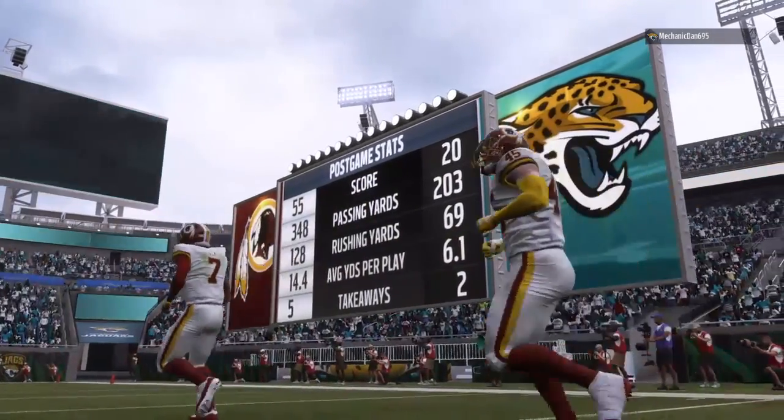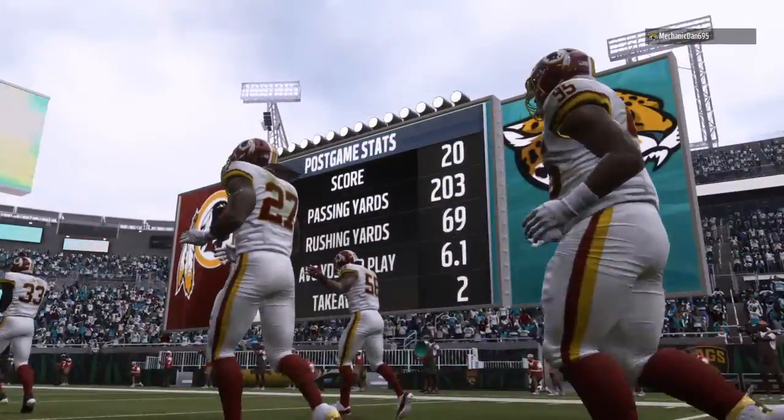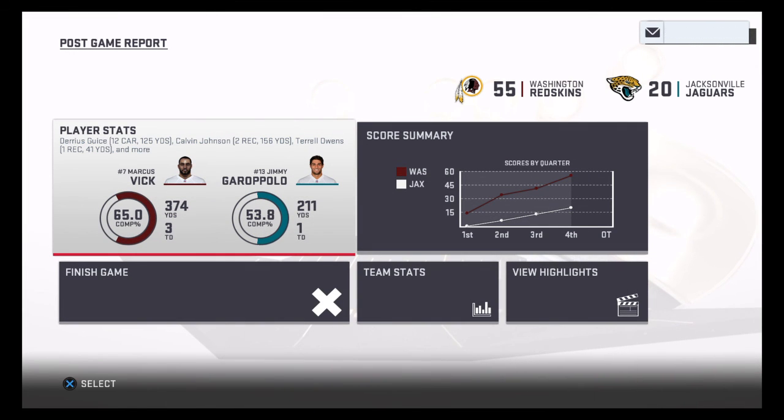So for the Redskins, it's a dream start. 2 wins in 2 early road games. And they'll return home next week to take on the Green Bay Packers. Meanwhile, for the Jaguars,